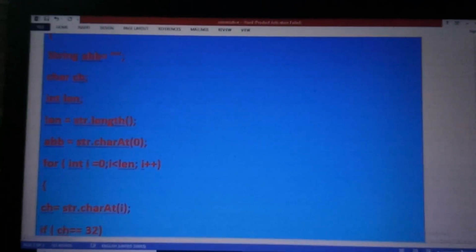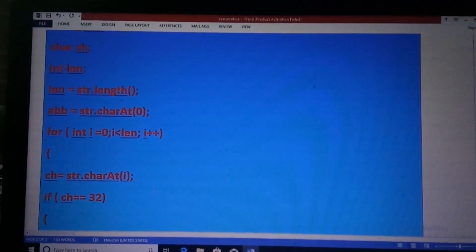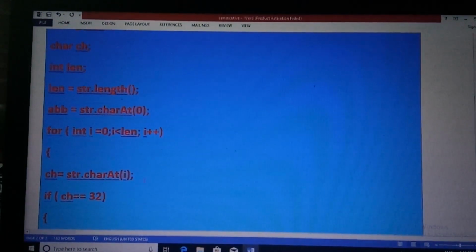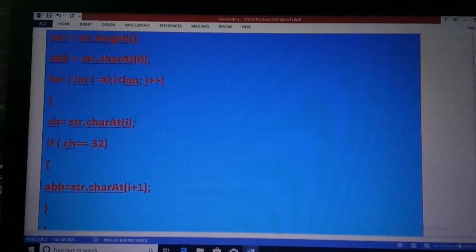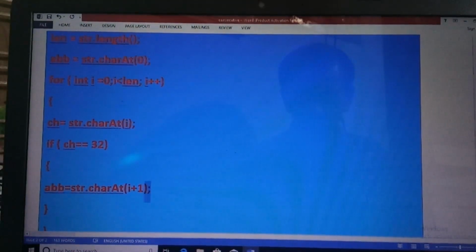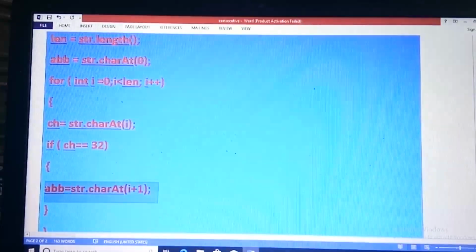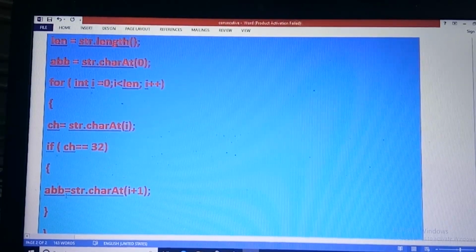So, if ch equals 32, that means if there comes a space, the next alphabet, which is the starting alphabet of the next word, must be stored in the variable ABB.